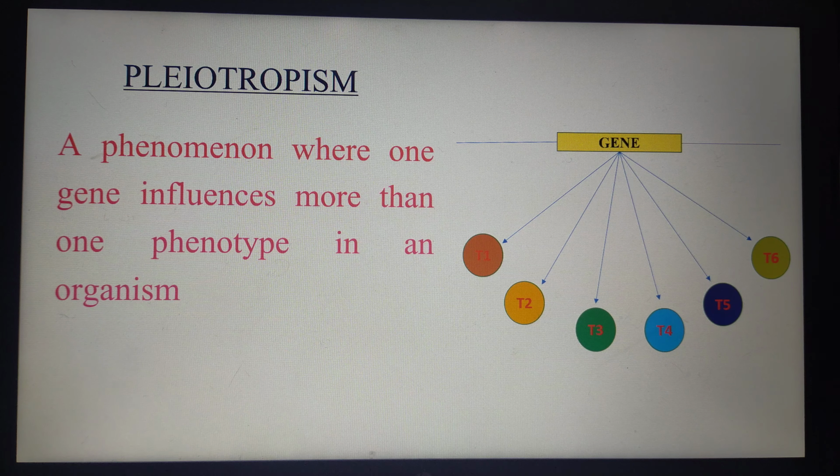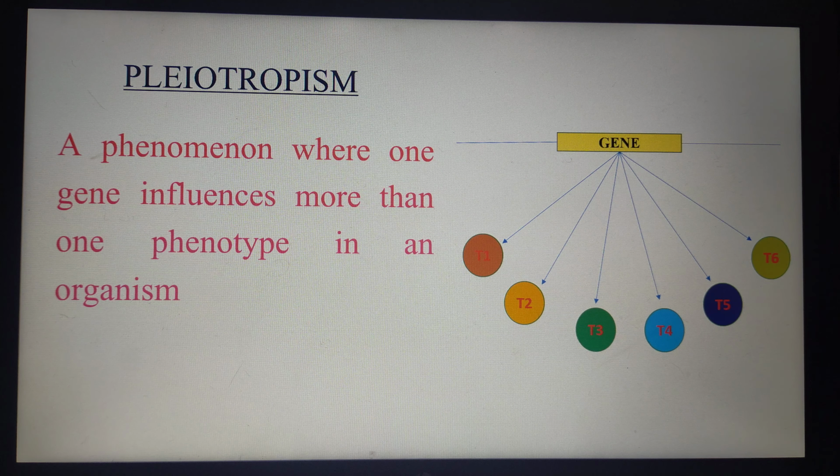So that particular gene has a role in controlling the different phenotypes, like how a father in a family controls most of the activities of a family, right? He is the one who has to sign the checkbook, he is the one who will pay the rent of the house, and he is the one who controls all the other activities of the family. So likewise, a single gene which has the ability to control or influence more than one phenotype in an organism is what we call